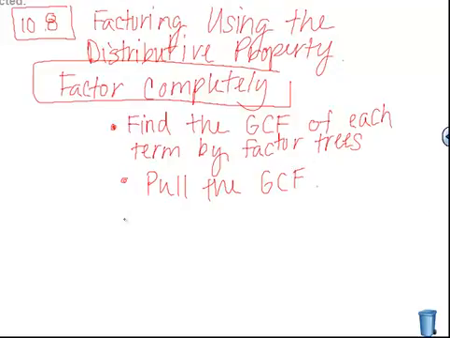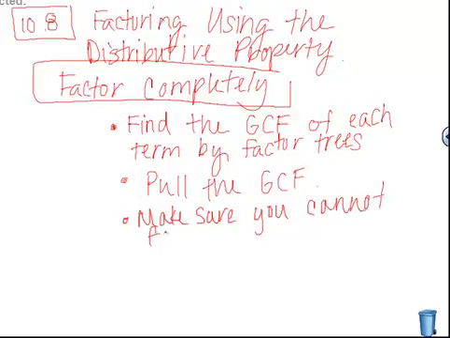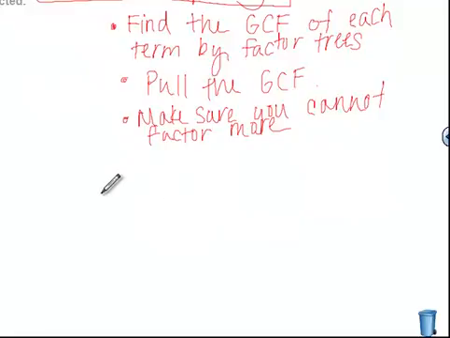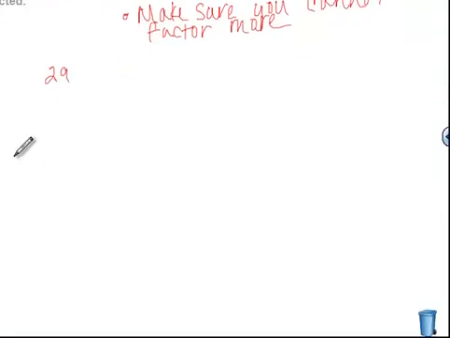Okay, and then just make sure you cannot factor what is left. So you're going to be left with some sort of polynomial, and just like up above, you're going to look at that polynomial and say, can I factor this any further? Can I take this polynomial that's going to be in standard form and rewrite it into even smaller factors? Okay, so the example I'm going to do for this one is number 30. I'm going to have you do 29 on your own. I think 30 is more difficult. So 30,